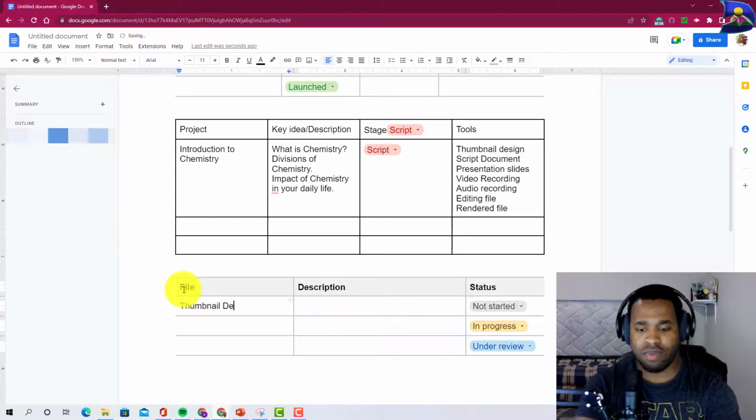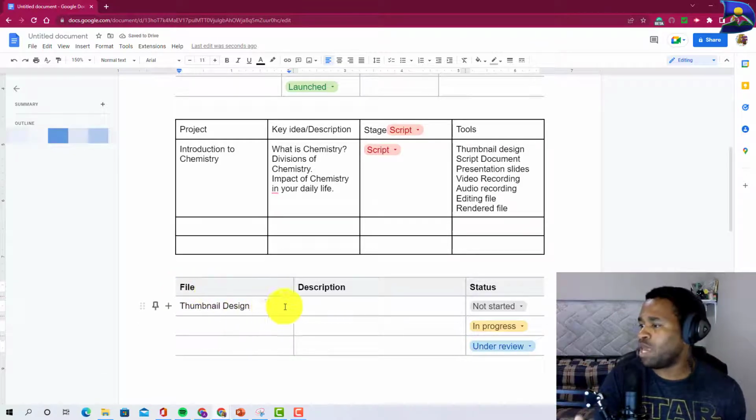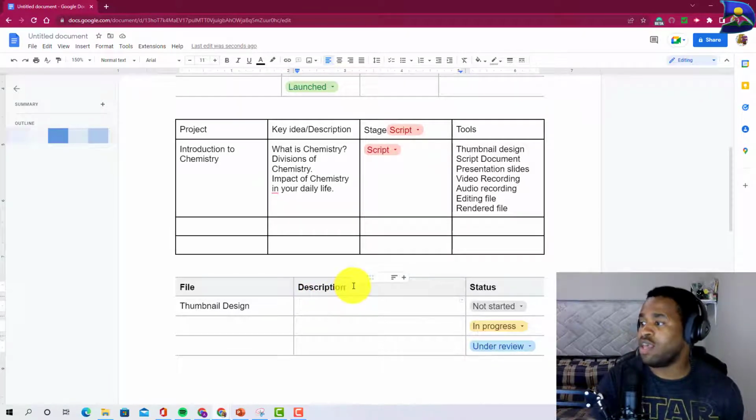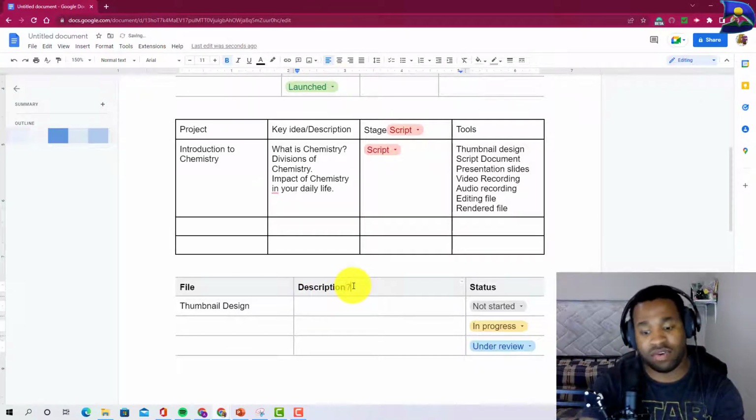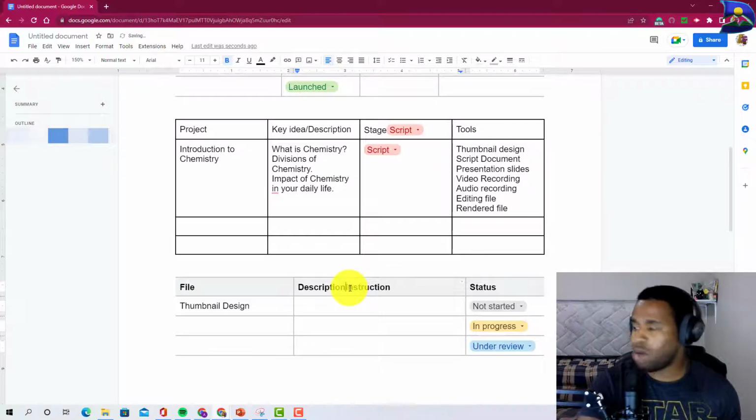So the person that is assigned to this particular task will be able to click on it and follow the specific ideas or description or instructions that is created or based on brainstorming. They will be able to follow those in order for them to come up with the perfect thumbnail. And once you have this,